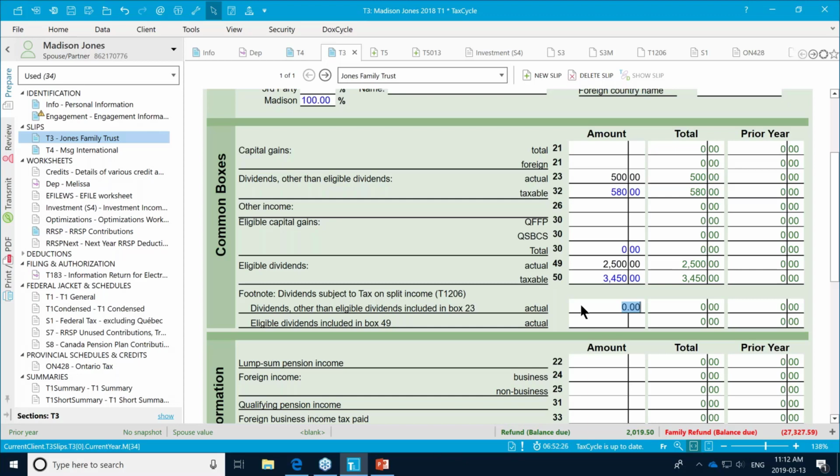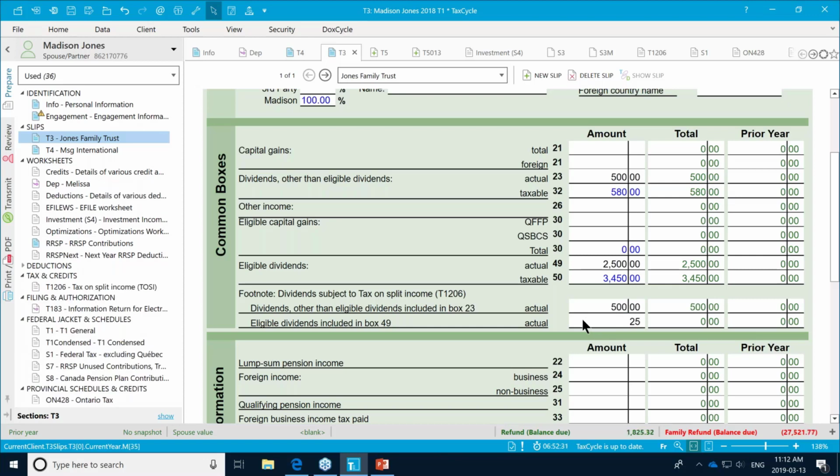So I'm going to also put that amount down here to designate these as split income. And you may or may not have noticed that when I did that, this form popped up over here on the side. So now these amounts have automatically triggered that I need to use a T1206 form. So that will show up here for you for easy navigation.